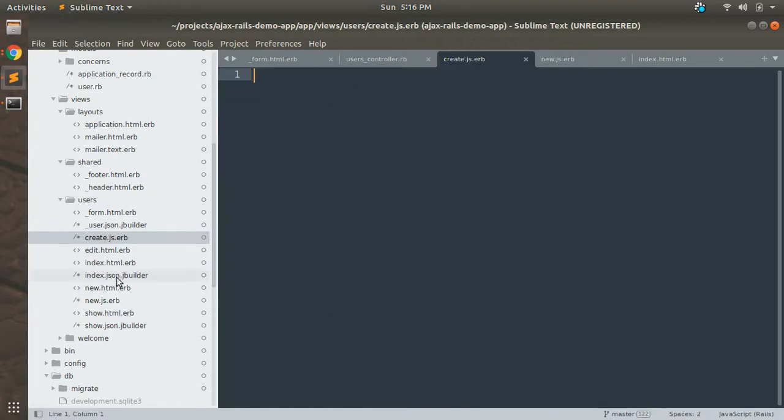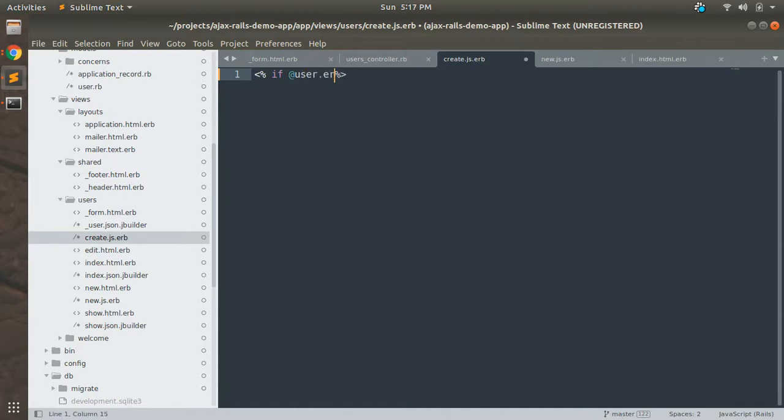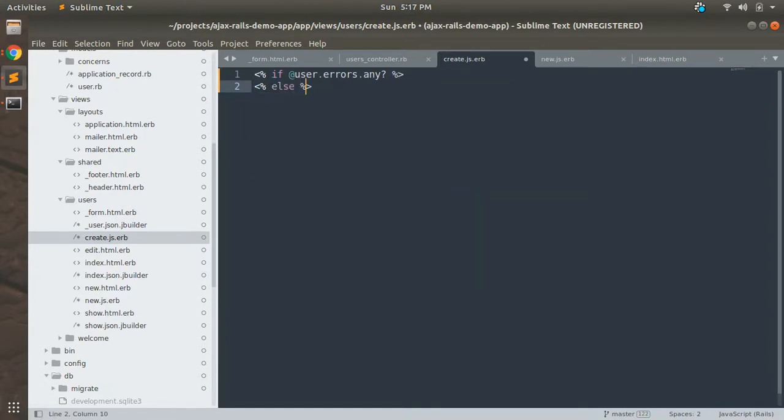Now you can simply set some alert messages: if @user.save.errors.any, if any errors are present for that user, we will simply display an alert message, else we will render the success response. First let's check with an alert message.